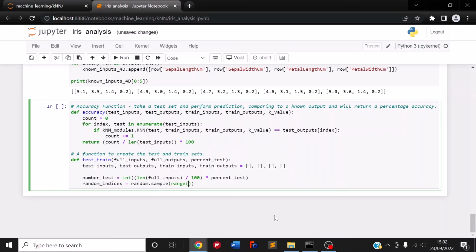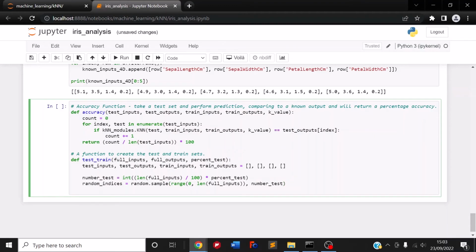So we're going to want range 0 to the length of the full inputs. So it's picking any value in that range. And how many of them do we want? Well, we want the number of test values. And then for index, item in enumerate full inputs,